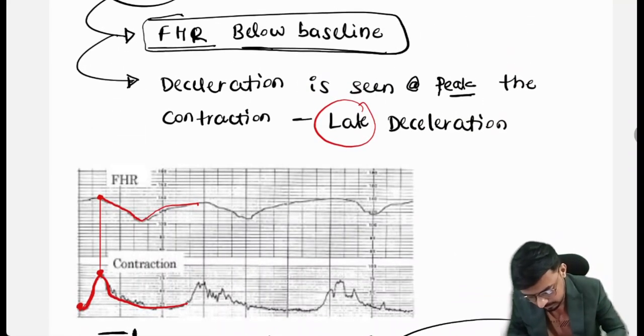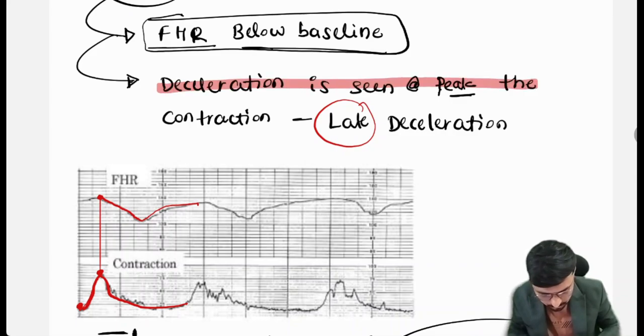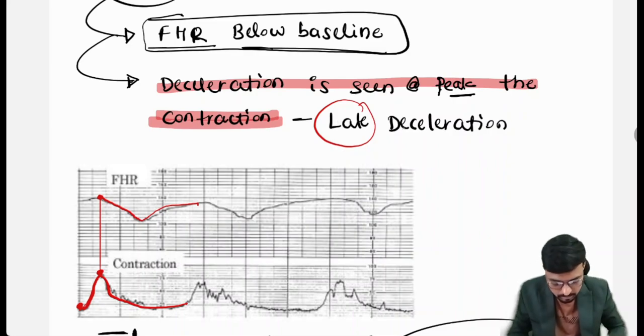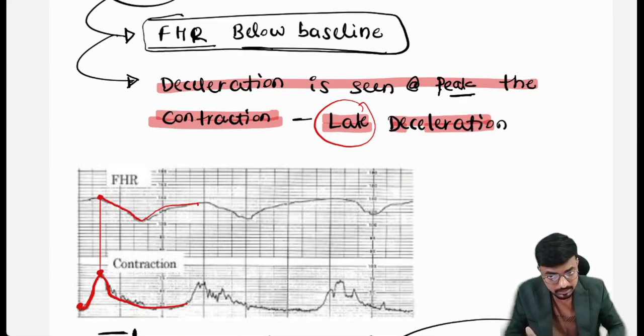Okay, so here I have written the statement, so note it down. Deceleration is seen at the peak of the contraction. Okay, at the peak of the contraction, very very important. That is what we call the late deceleration. If it starts at the beginning of the contraction, that is the early. If the fetal heart rate starts to decrease at the peak of the contraction,